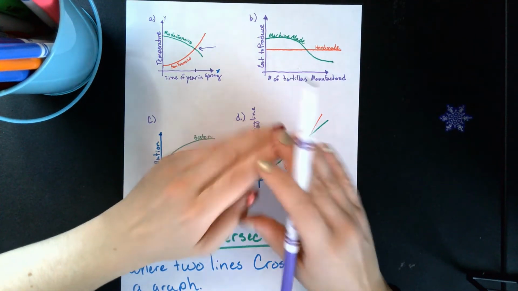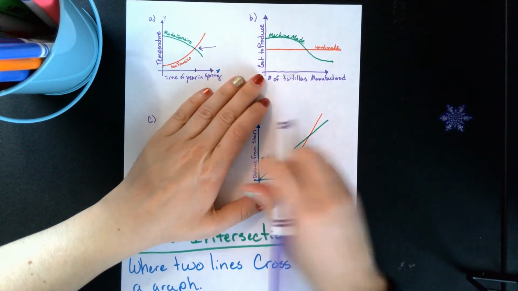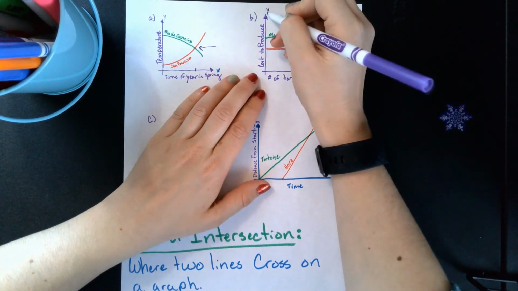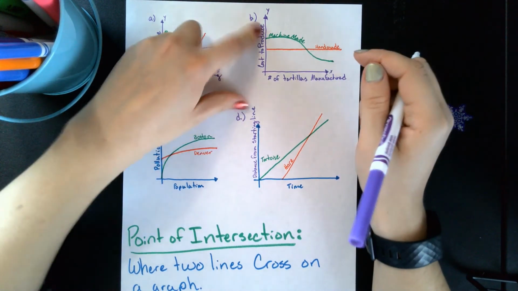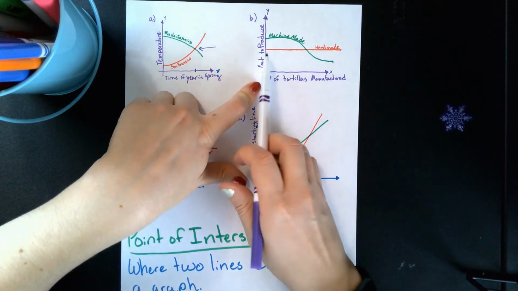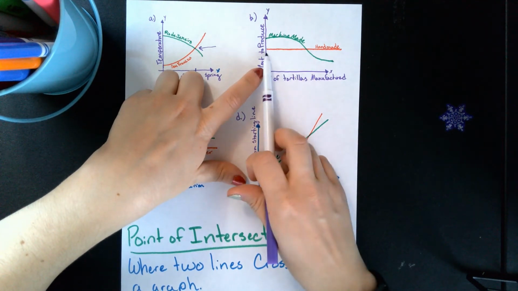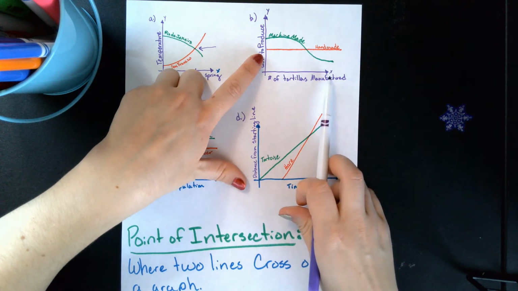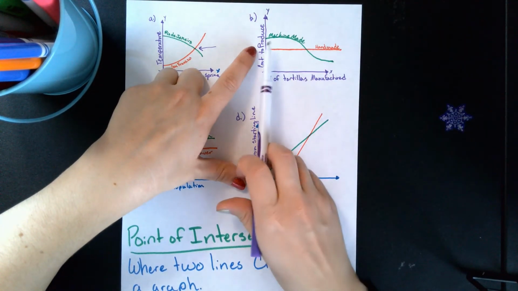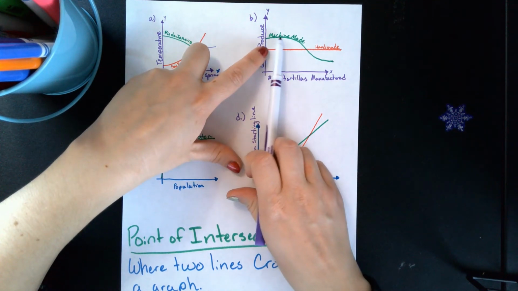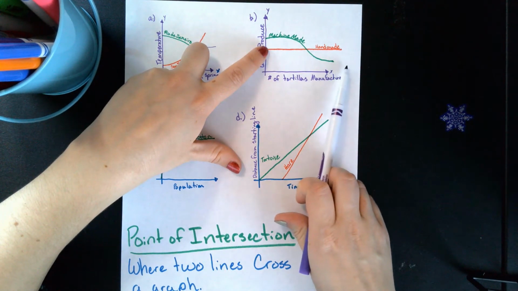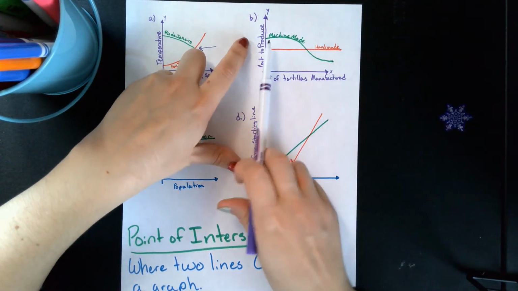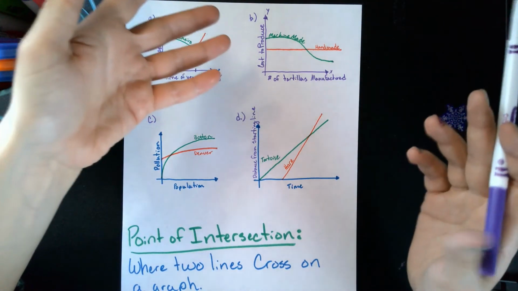Okay. B. So what we have on our x-axis is number of tortillas manufactured, and then cost to produce is on our y-axis. So if we take a look, we have 2 lines. We have handmade. So the handmade stays nice and steady. So the cost to produce is the exact same no matter how many tortillas are manufactured. The machine-made, on the other hand, starts out really high to produce, but as you make more and more and more, it starts to reduce, which is kind of how that works. It's why you buy in bulk, right? Because the more you produce, the more cost-effective it happens to be.